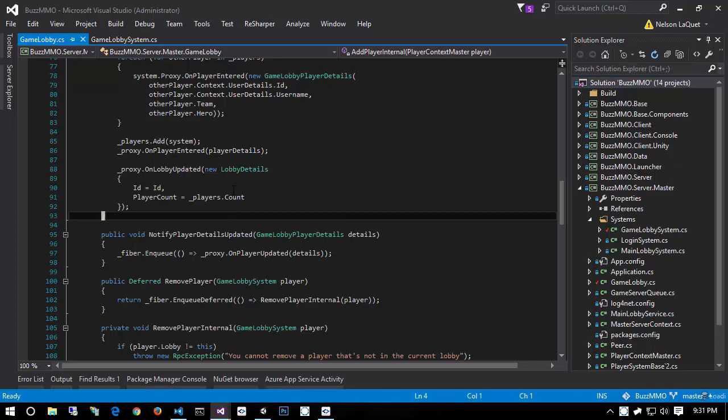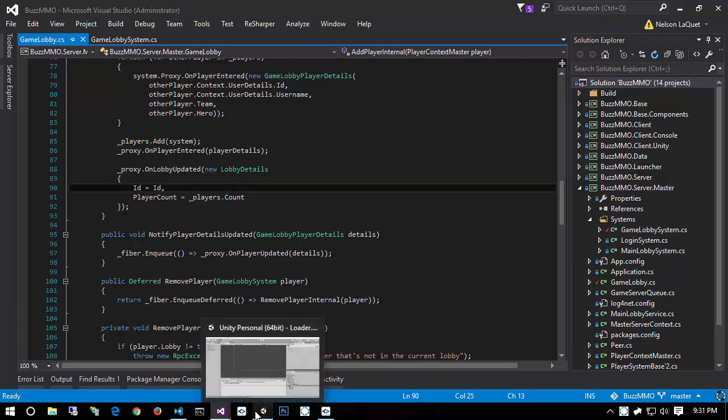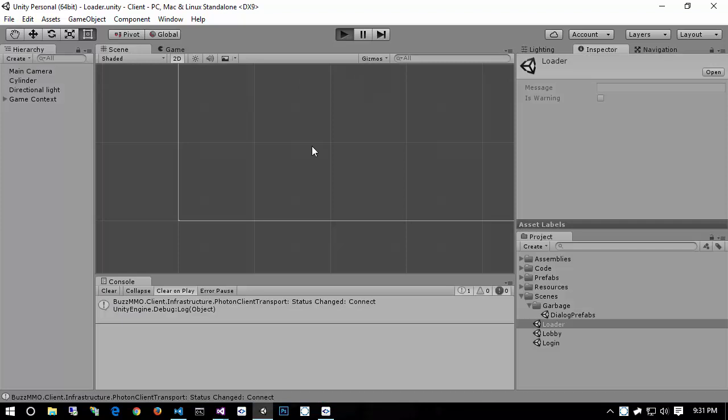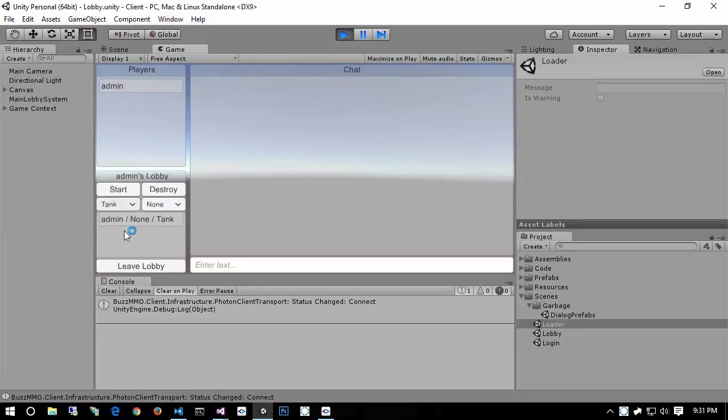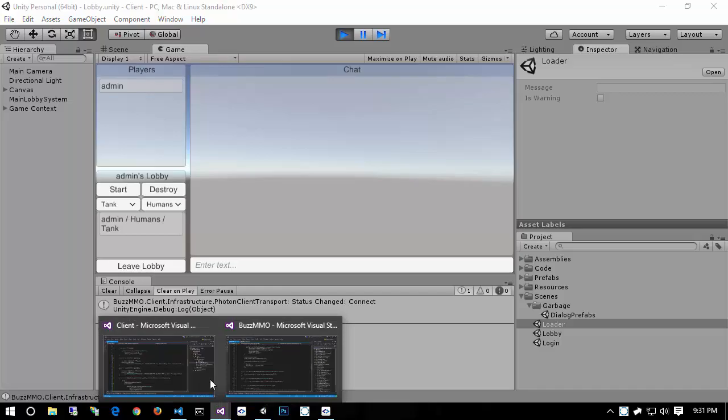So now that we're built, let's come back into Unity and hit play. Of course, it'll have to restart the server, so we'll have to wait a moment here. So we connect it to the server, and then please choose a user, create lobby, and check that out. As you see, it's updating right here. That's because we have that code in our client